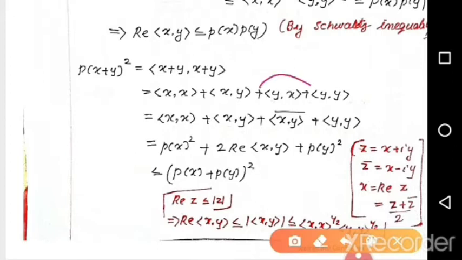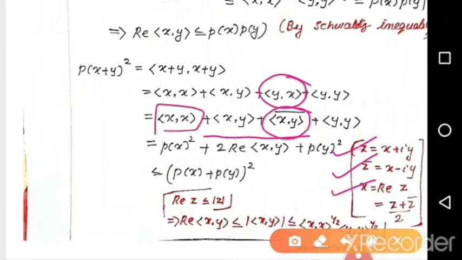Similarly, inner product of yx can be written as inner product of xy conjugate. Now, this is of the form z plus z bar. That is, if z equals x plus iy and z bar is equal to x minus iy, we know that z plus z bar is 2 into real part of z. Hence, in the next line we can write,